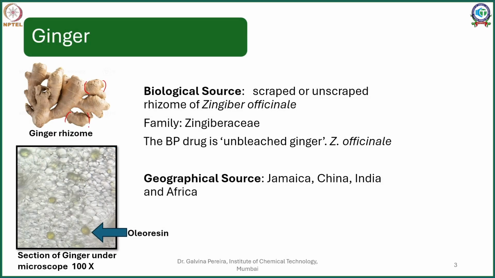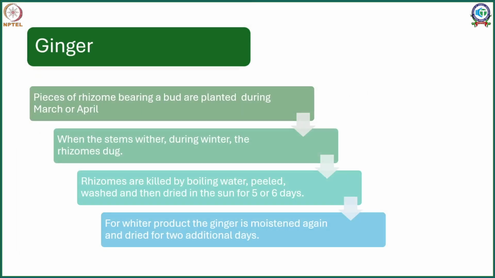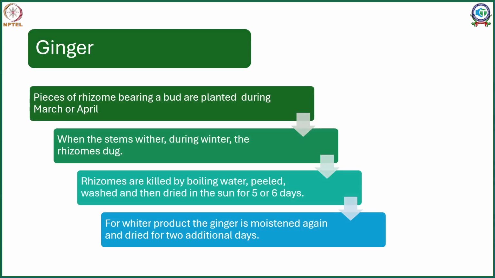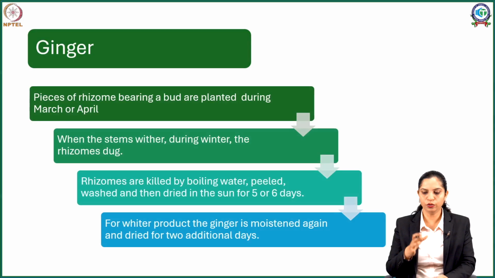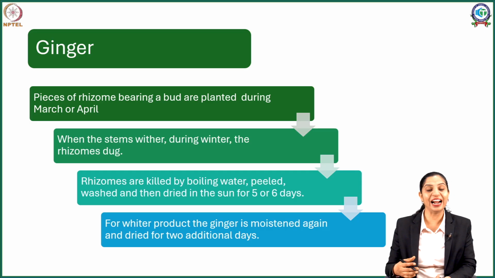So these buds are often cut off if you want to propagate the plant, and then they are planted during the summer season, okay, with a good dry soil, and then they are watered. Now once during the rainy season they start giving you big leaves, and eventually some of them bloom, okay. After blooming they start withering off, okay, and it is seen that especially during the winter season, initially the leaves will turn yellow and gradually they wither and dry.